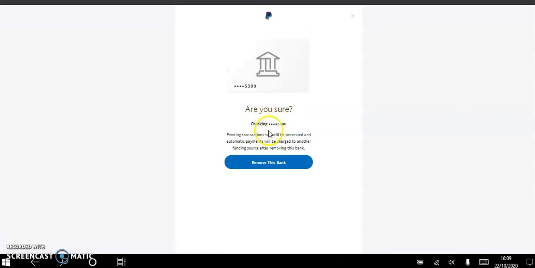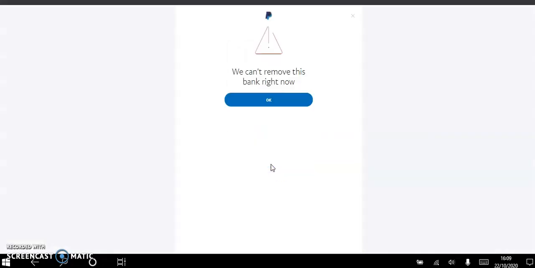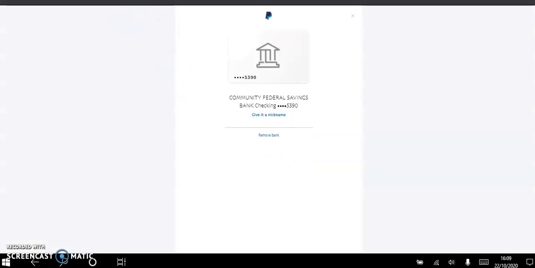it will ask you, are you sure? Pending transactions will still be processed and automatic payments will be charged to another funding source after removing the bank. So it means if maybe you had subscribed to services like Netflix or something, it tells you that they'll still be able